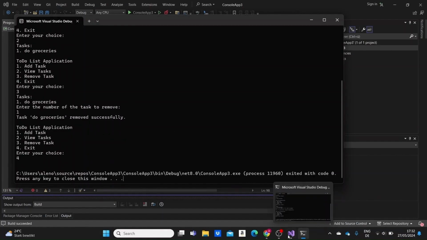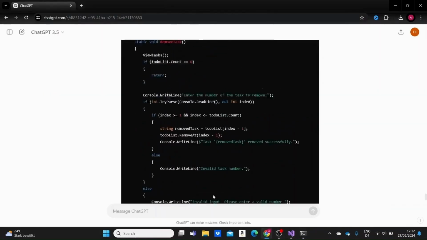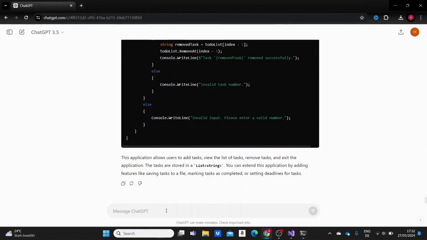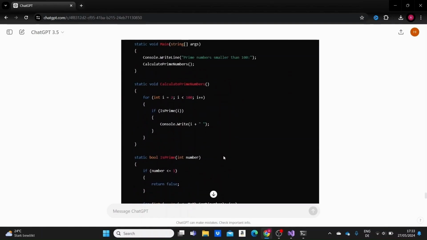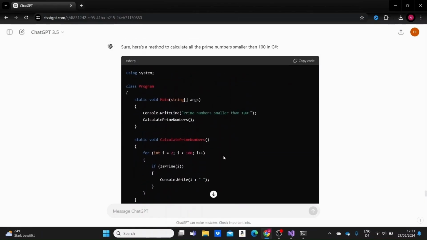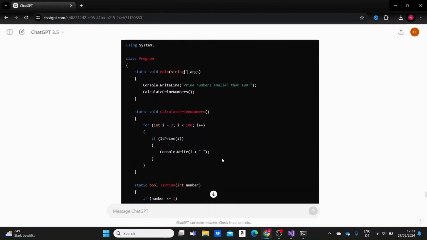Now, after we have completed our learning and projects, let's explore some additional ways you can use ChatGPT while coding. For example, we can ask it to write a specific method or algorithm to solve a particular problem. For instance, write me a C# method to calculate all the prime numbers smaller than 100. Just in case you're not familiar, prime numbers are whole numbers that can only be divided by 1 or the number itself. Typically, problems like these are studied when learning algorithms, but here we have ChatGPT that gives us the